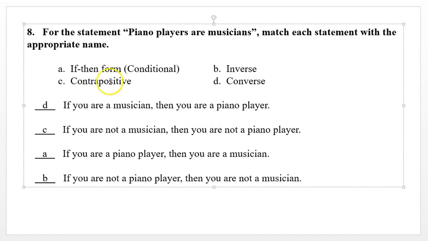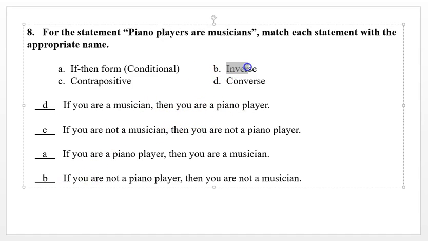Study up on that. Remember, if-then form is just this statement written into an if-then form. So like this one right here. If you are a piano player, then you are a musician. That's just changing this right here, this statement, into an if-then statement. Now,